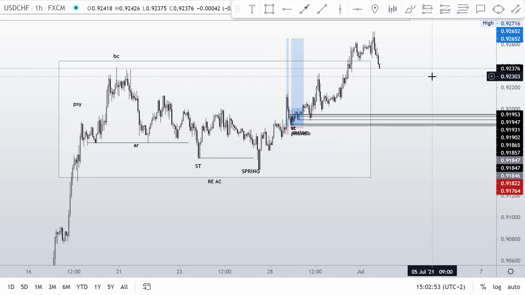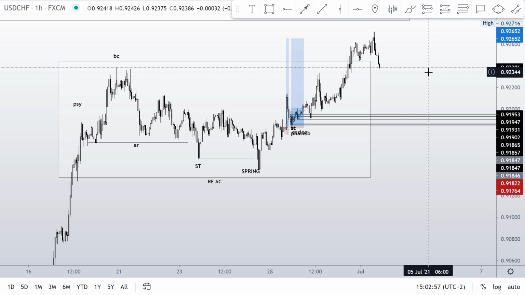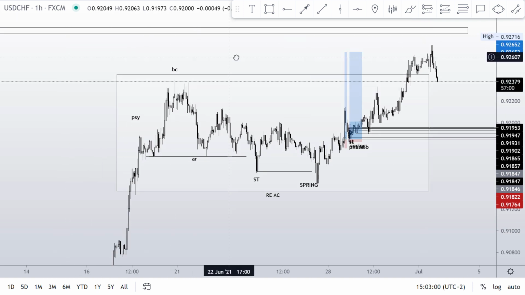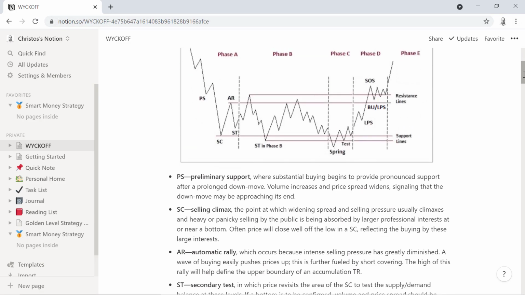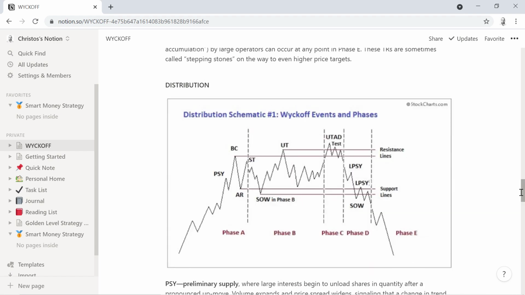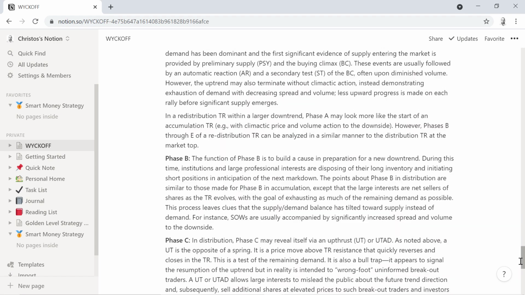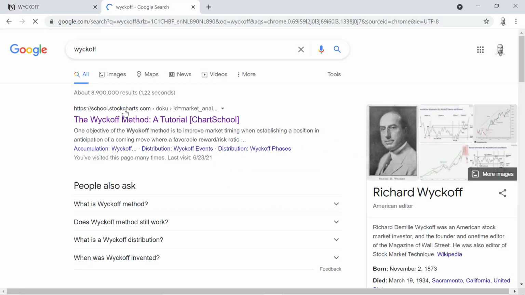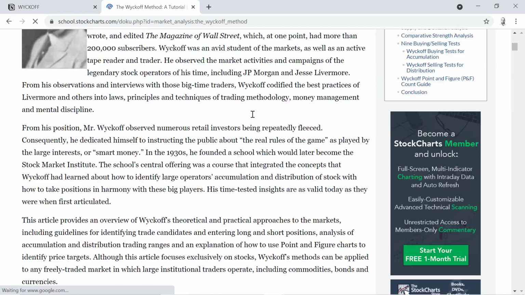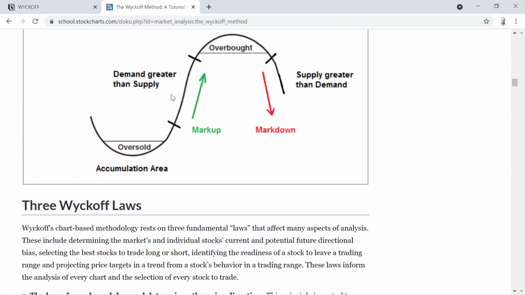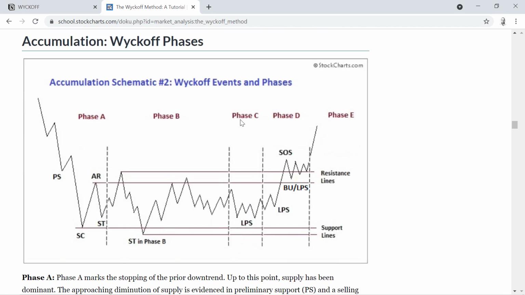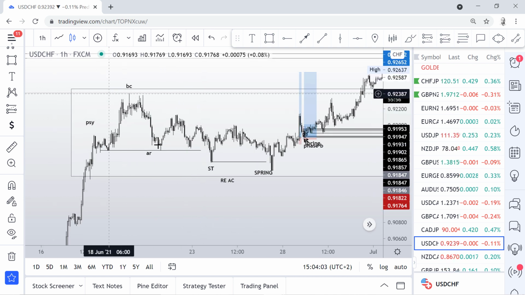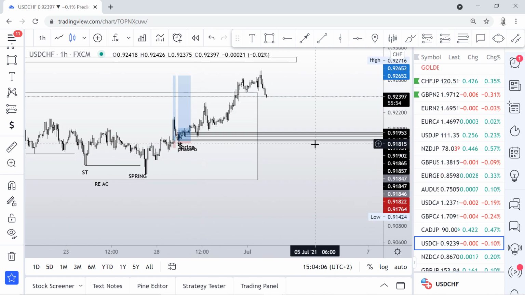Excuse me, because once again I'm on vacation and I cannot be making videos regularly, but this is the whole logic. And I have also copied and pasted Wyckoff on Notion. Here I am, and I have the most important things that I can always run back to and study when they develop in the real market. So it is pretty simple. If you go and type Wyckoff, and you can see this tutorial right here, you can copy paste whatever you want or just check it from the original site right here. And then check out how it corresponds to the schematic developing on your charts.